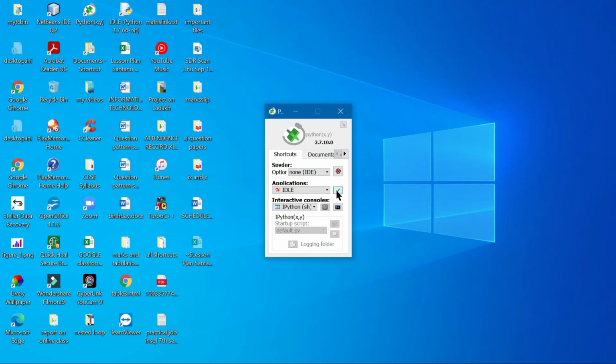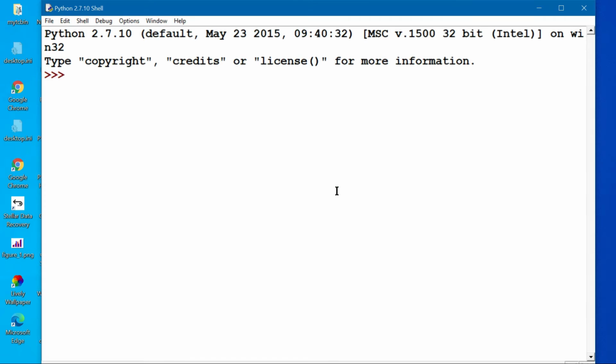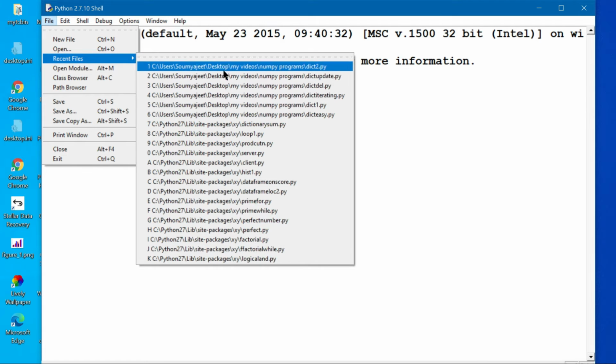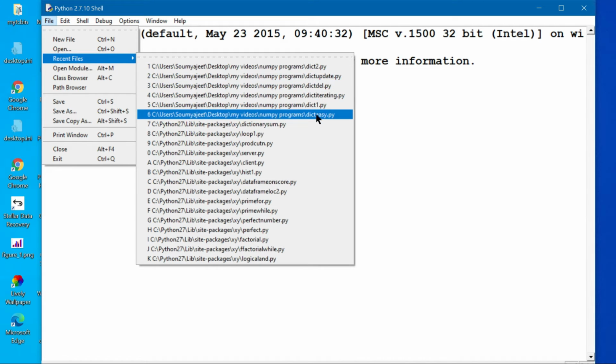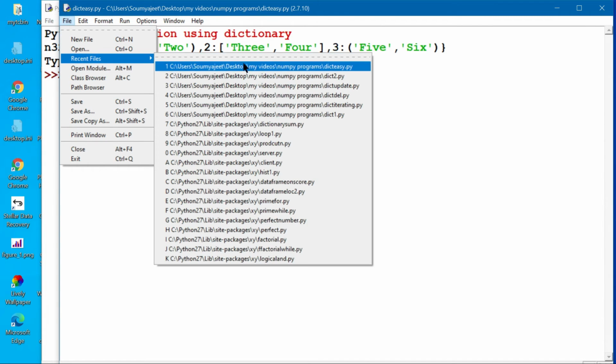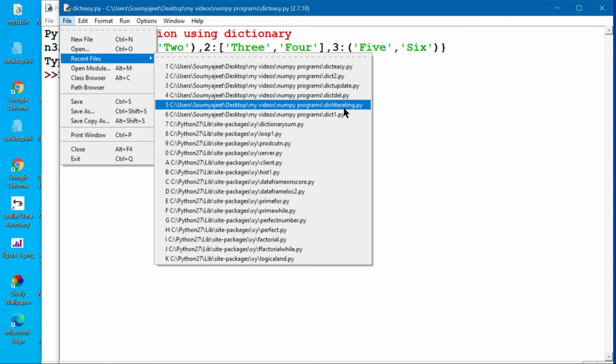So the dictionary name. Now let us go to creating the dictionary, how it is to be done. We can go for a very easy program for the dictionary. So here, the simple iteration using dictionary. That is to be done. But this is actually what it is showing by using the for loop. Okay, before that, another program we need to see.